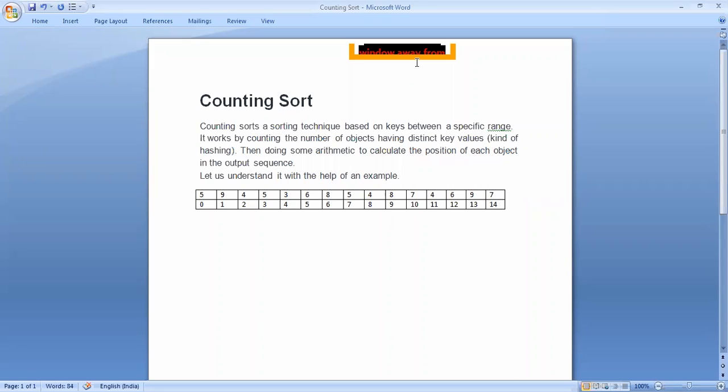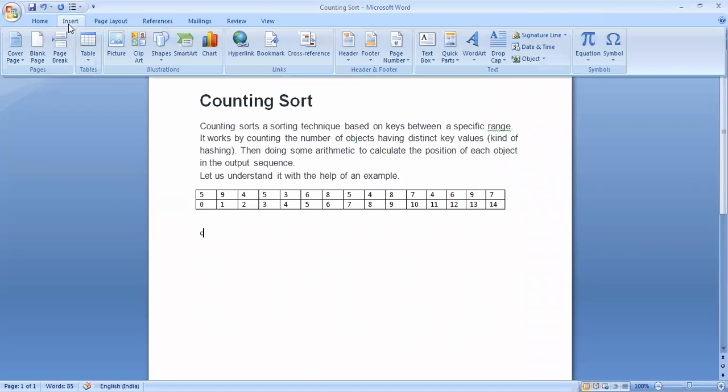So the other array is C, and C's array size is 10 because the range is 0 to 9. Initially, first of all, we initialize the C array.